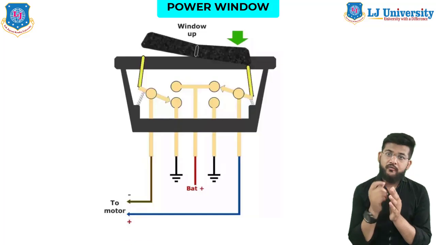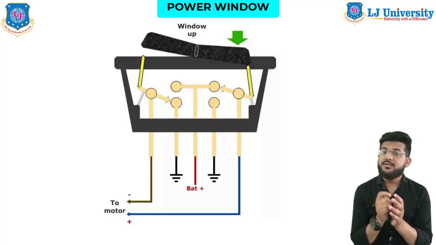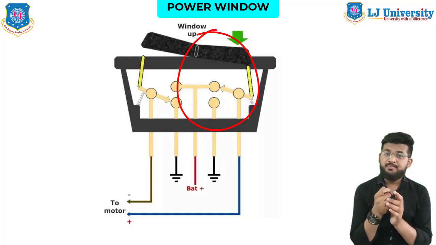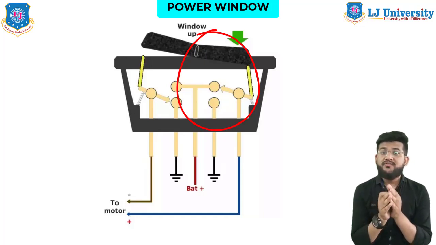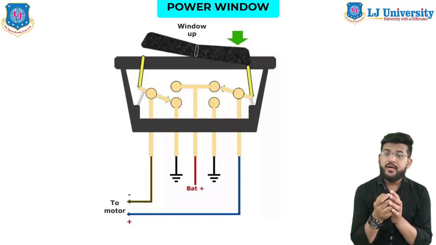Two contacts, one on either side of the power contact, are connected to the vehicle ground and to the motor. The power also runs through the lockout switch to the similar window switch on each of the other doors. When the driver presses one of the switches, one of the two side contacts is disconnected from the ground and connected to the center power contact, while the other one remains grounded. This provides power to the window motor. If the switch is pressed the other way, then the power runs through the motor in the opposite direction. So it will work.